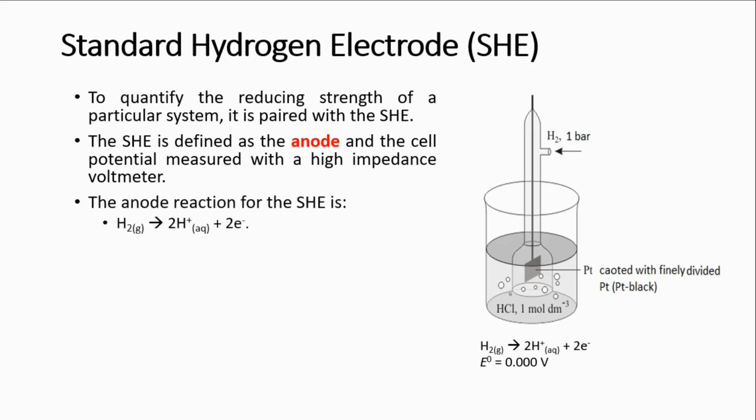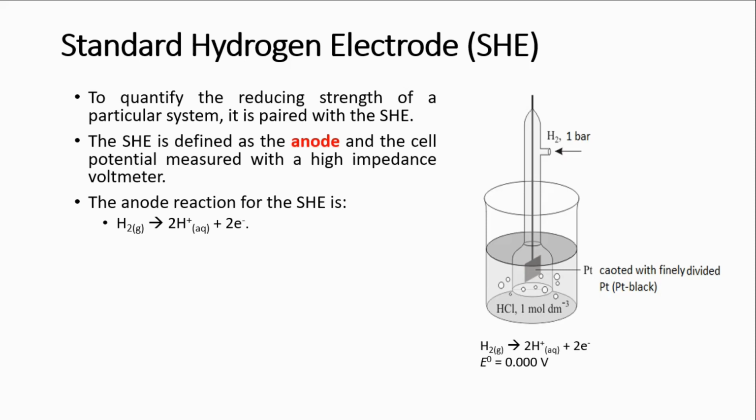So of course, remember that the SHE is designated as the anode. So the metal to be tested must be designated as the cathode. That is, that metal is being reduced. So the value that you get is the reduction potential value for that metal that is being investigated. Now, the reaction that occurs in the SHE, since the SHE is designated as the anode, is where hydrogen